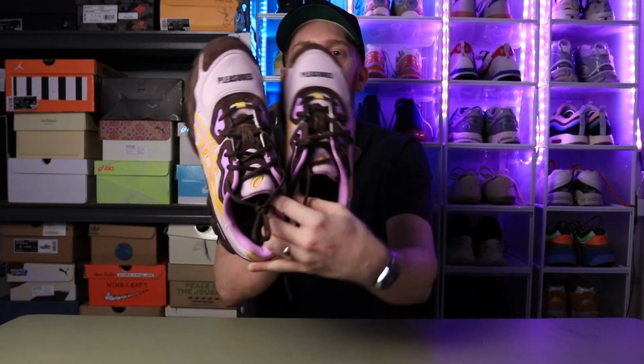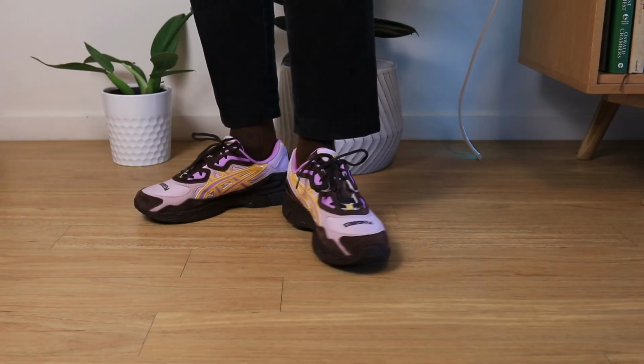There is absolutely no wonder who this shoe is by. It's really nice. It's actually on both sides of the shoe, left and the right shoe, so you can really, really tell, and it smacks you in the face that this is a collaboration. For sizing on this bad boy, it is definitely going to be a little bit interesting for people who are